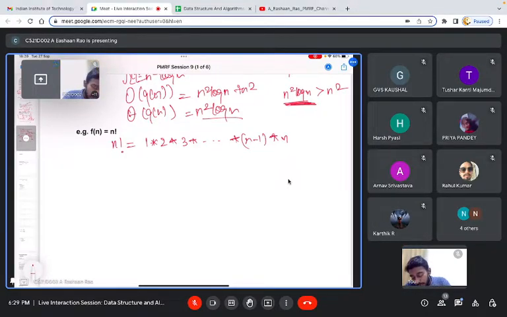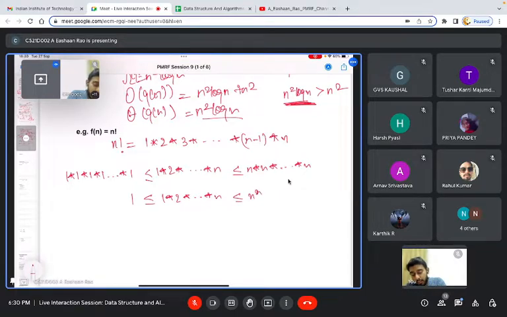But if I have to find the upper bound and lower bound of it, if I have to find an upper bound, I will replace everything by n, so it becomes n into n into n. And if I have to find a lower bound, I will just change everything to 1 for convenience. So I will say 1 into 1 into 1 into 1, and if you further solve it, it becomes 1 is less than n factorial